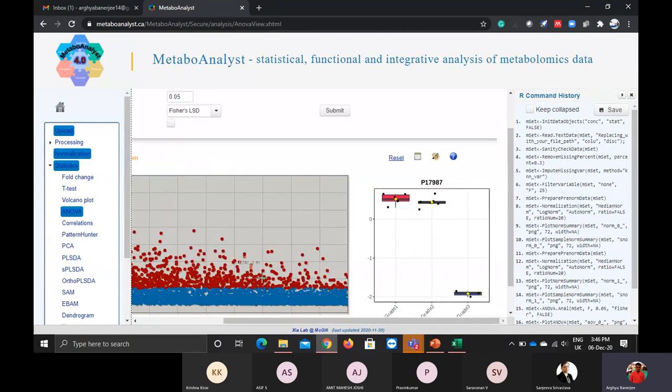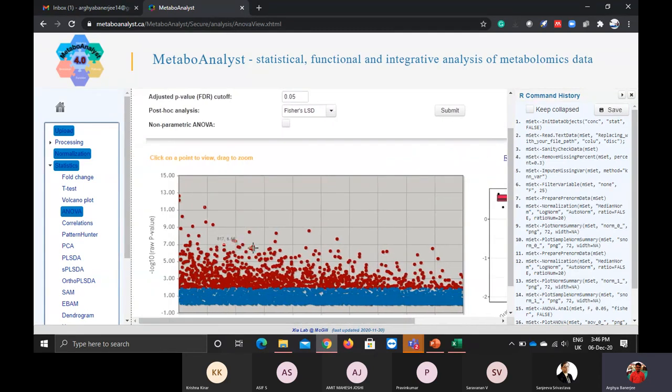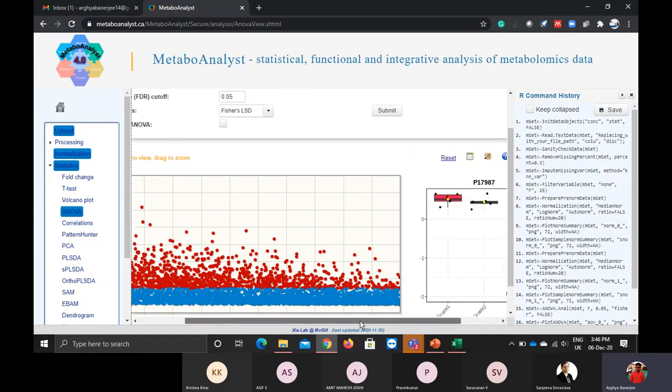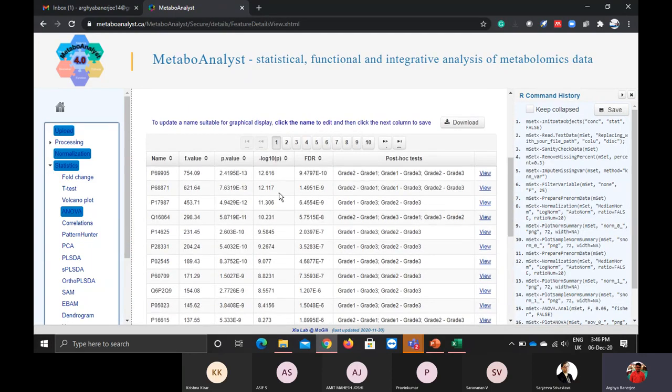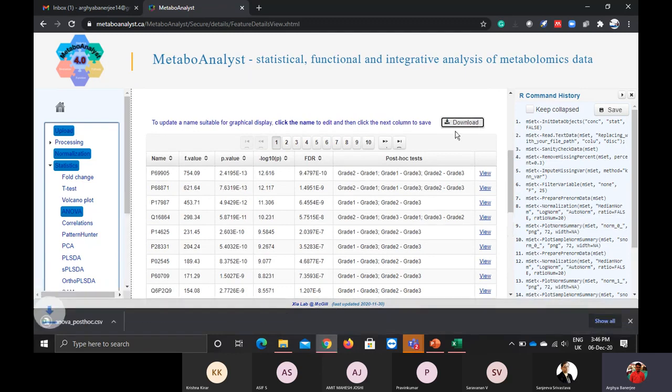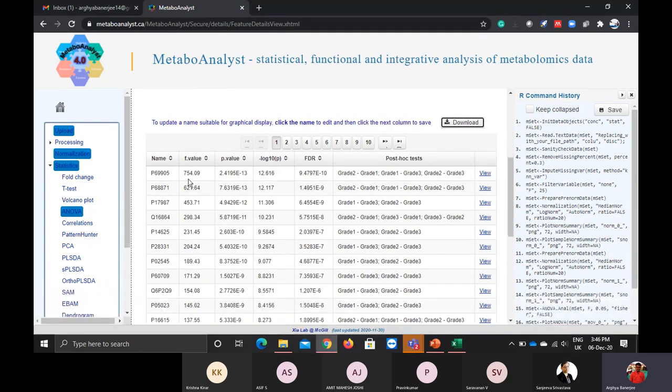You can see it in a differential manner, but you can also go and see in detail. If you click on the Excel sheet, you will get all the features there. You can download this also. If you don't want to download, you can click on this protein.